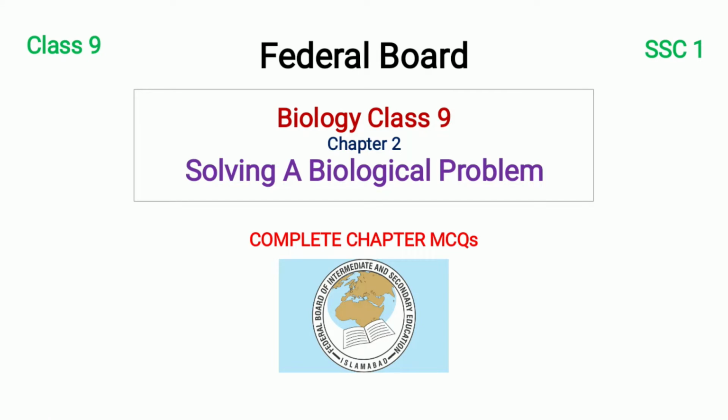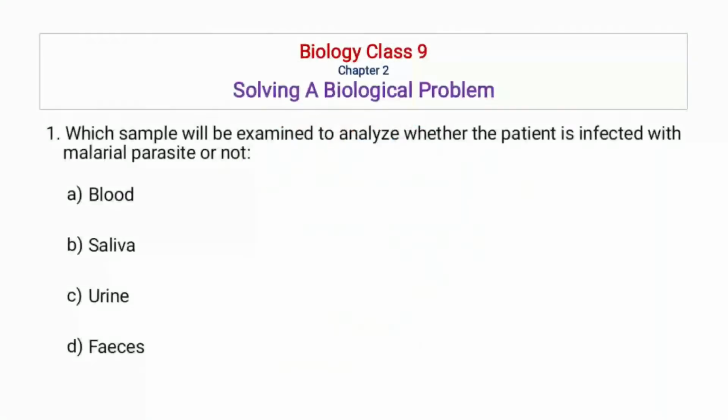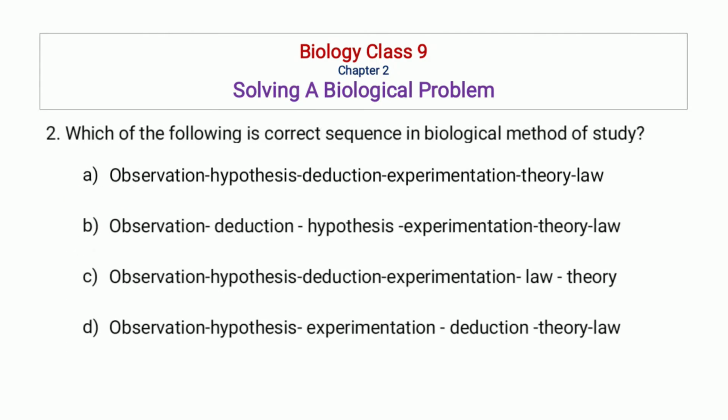आज की वीडियो में हम बायोलॉजी क्लास 9 के चैप्टर नंबर 2 के इम्पॉर्टेंट MCQs जो हैं उनको डिस्कस करेंगे। तो सबसे पहले है: Which sample will be examined to analyze whether the patient is infected with malarial parasite or not? तो ऑप्शंस जो हैं: ब्लड, सलाइवा, यूरिन, फेसेस। तो करेक्ट ऑप्शन जो है वो है ब्लड।